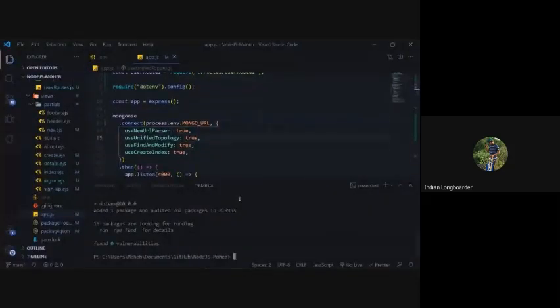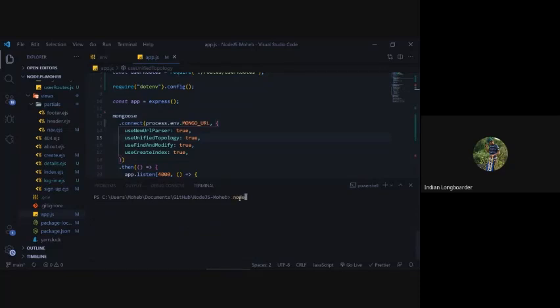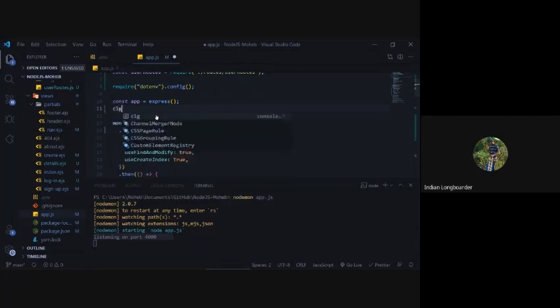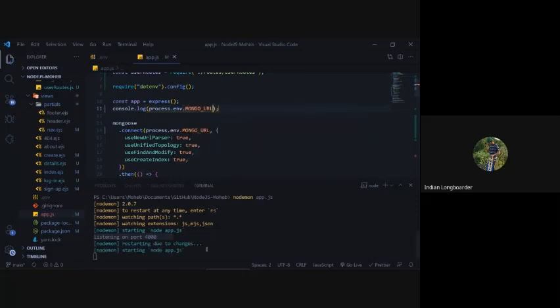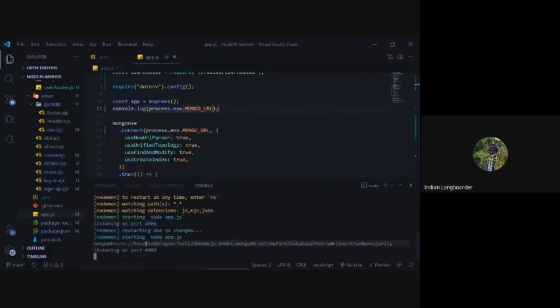So once I save this now and run my app.js file, let's just clear this. Okay. So we'll say nodemon app.js. Now it says listening on port 4000, and if you try to console log process.env.MONGO_URL, yeah, you see it gives you this.